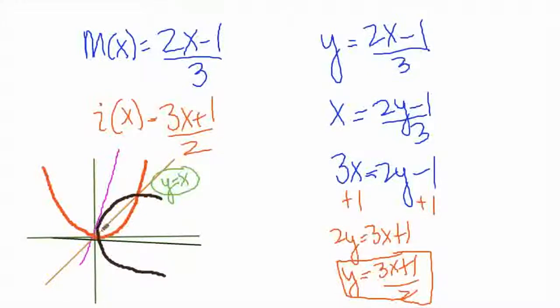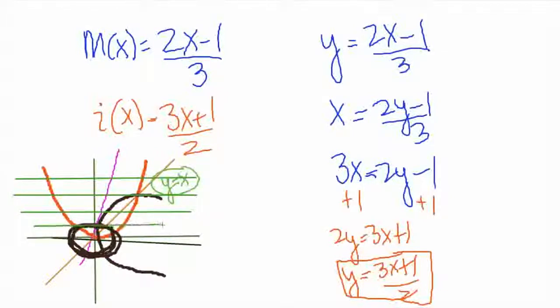The orange parabola right here had a flat portion, and when you flip it over the yellow axis, it becomes vertical, and it's that vertical that we don't like. That's why there can't be vertical pieces, so we call it the horizontal line test. You draw a bunch of horizontal lines, and if they touch the graph in more than one place,